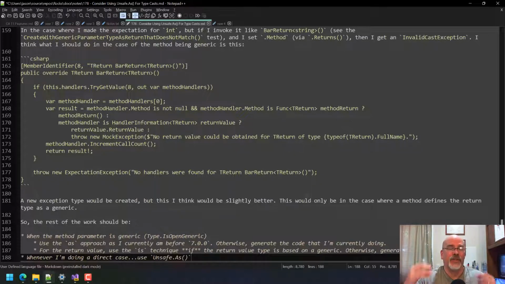Or, and I was thinking about this when I got the mail today, do I just put a using in? Just put a using in right at the beginning of the mock generation. And if I don't need it, then I don't need it. But again, I'm gambling on the fact that virtually all mocks that I would ever create through this library would use direct casts.